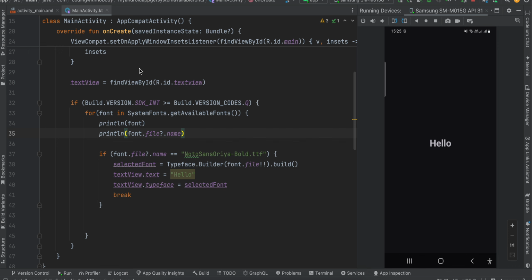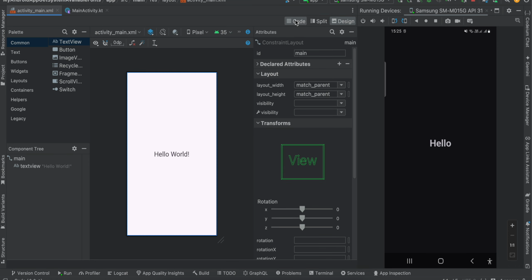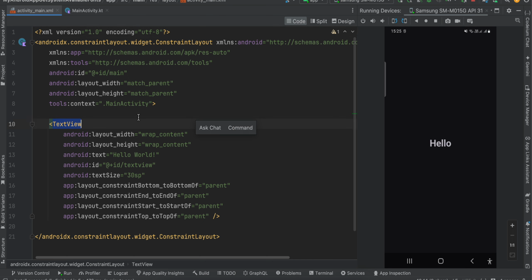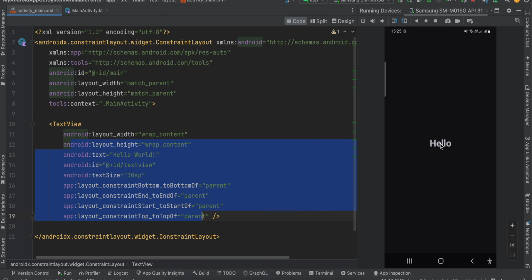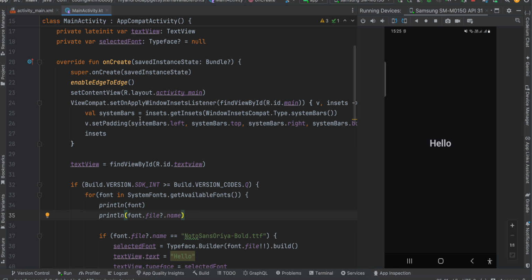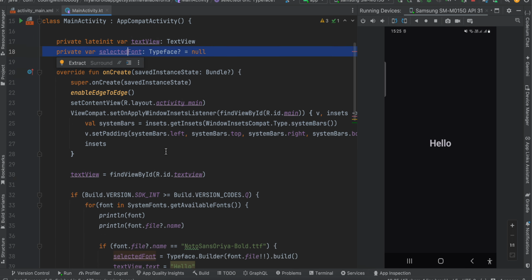So here you can see by default we have a text view inside the XML layout. I have not applied any text, nor any font, to this text view, nor have I taken any font inside my res folder. So here you can see the font looks a little different. The reason is, firstly I have initialized our text view over here, then I have taken this selected font typeface,